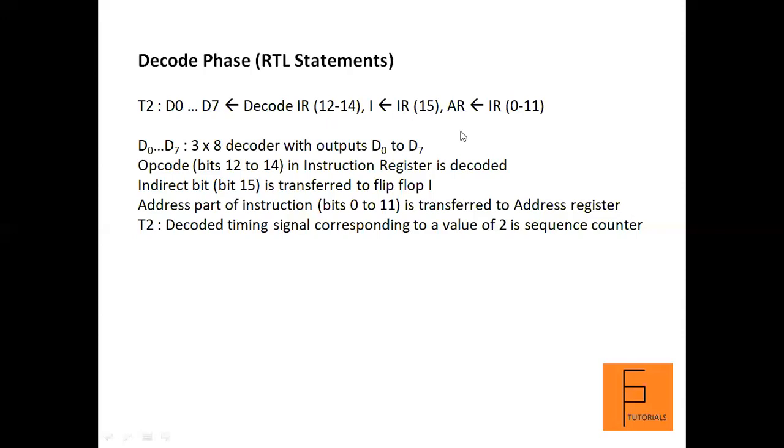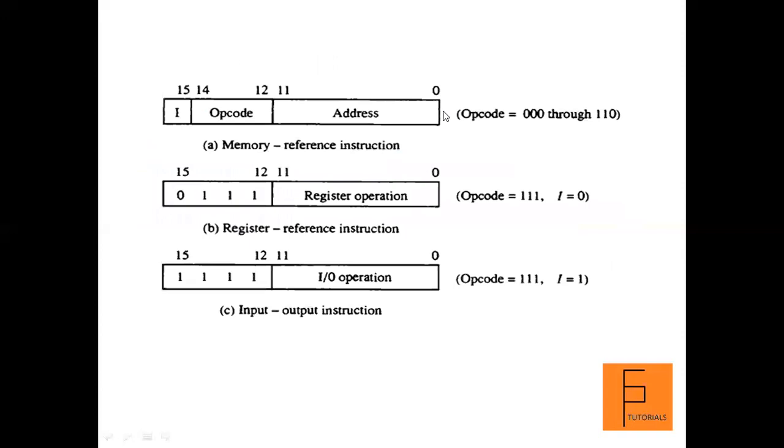Now, the 15th bit, if you notice, is denoted by the symbol I. This is the indirect bit. If the indirect bit contains 0, then it will be denoted as a register reference instruction, provided your opcode is 111. And if the indirect bit contains 1 and your opcode contains 111, then it will be denoted as